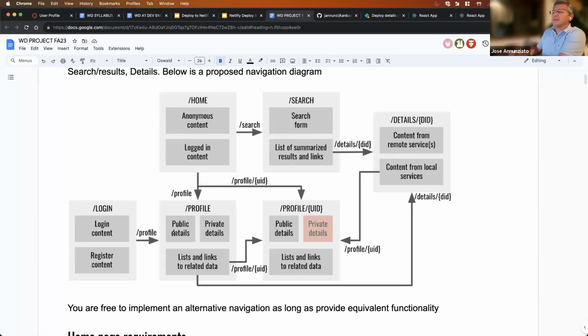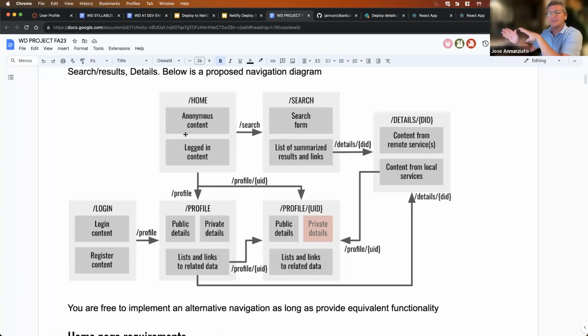Okay, so they can log in, but the application is not usable only by folks that are logged in, it's also usable by people who haven't logged in yet. So logging in is not a requirement. It's just that if you're logged in, you can do certain things that people that are not logged in can't do. We call people that are not logged in anonymous users, folks who we don't know who they are, and they haven't identified themselves. And most of the features should be available to both of them,